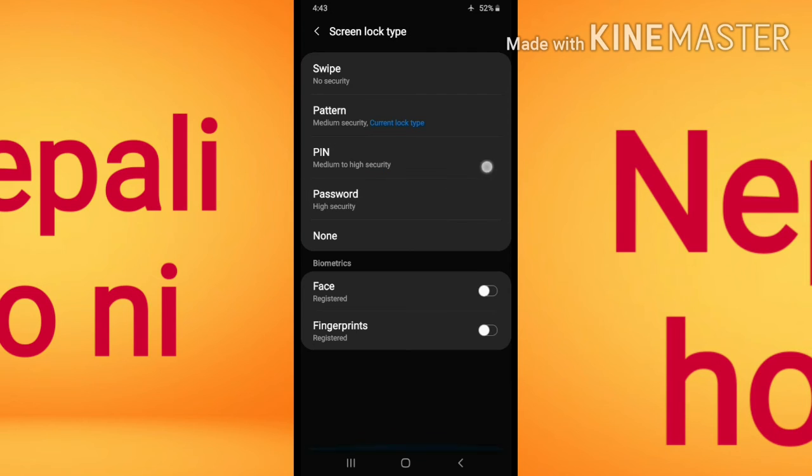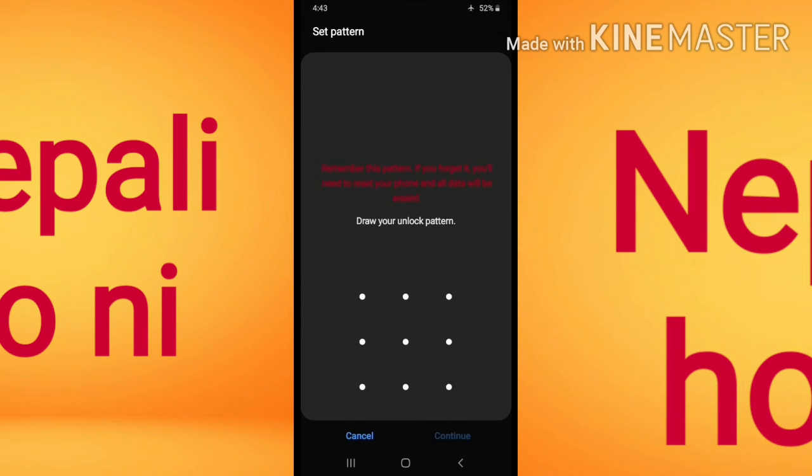alphabet patterns. Now I will show you how to lock the screen by pattern. Touch the pattern and remember the pattern. If you don't know, then you make your own pattern. What do you want to make? I want to make N, so I should make N, then continue. Then again you have to do the same pattern as the previous N, then confirm, and the pattern will